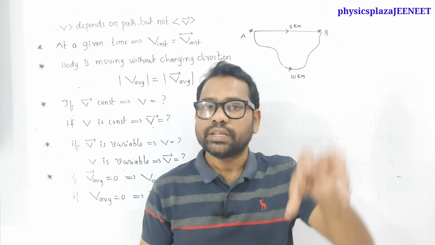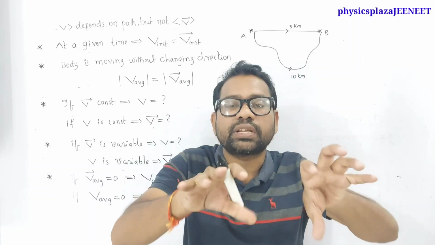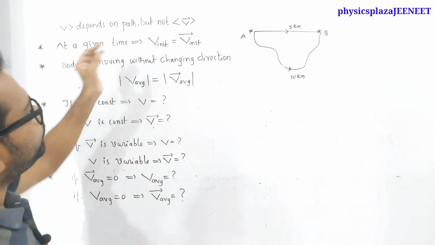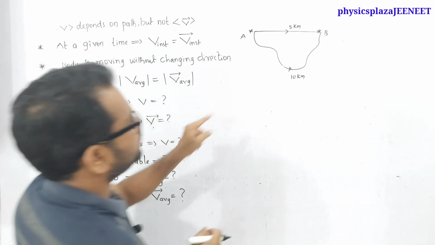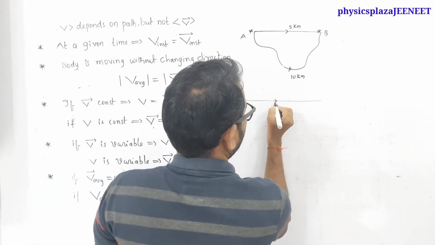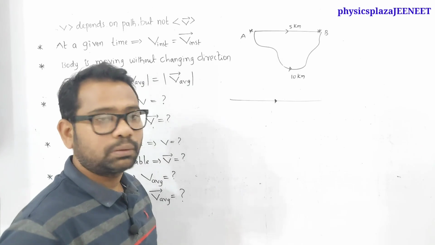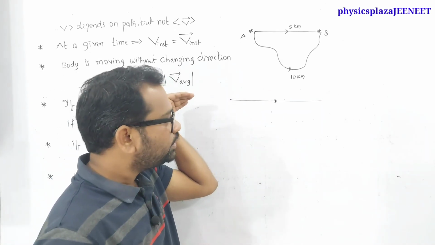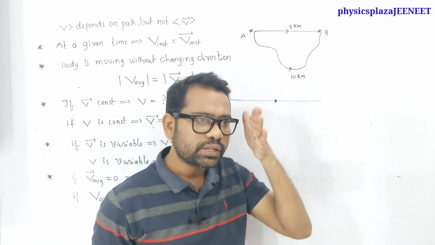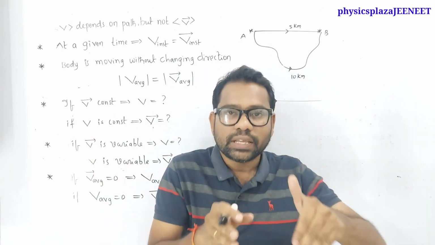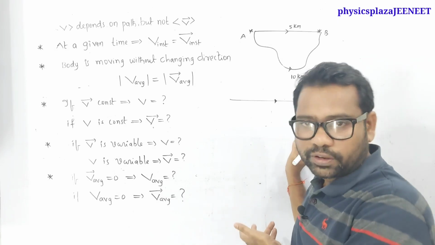At a given time, yes, instantaneous speed is equal to the instantaneous velocity. Fine. Next, children, here. A body is moving without changing the direction. As I told you in the first case, for example, a body is going along a straight line path, but the direction, it is not coming back. So whenever a body is going along a straight line path and its direction is not changed, in that case, children, you can say speed is equal to velocity,